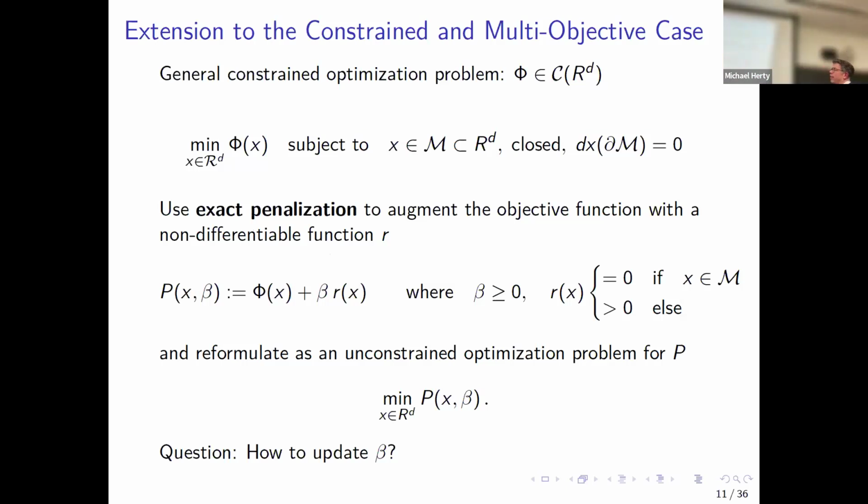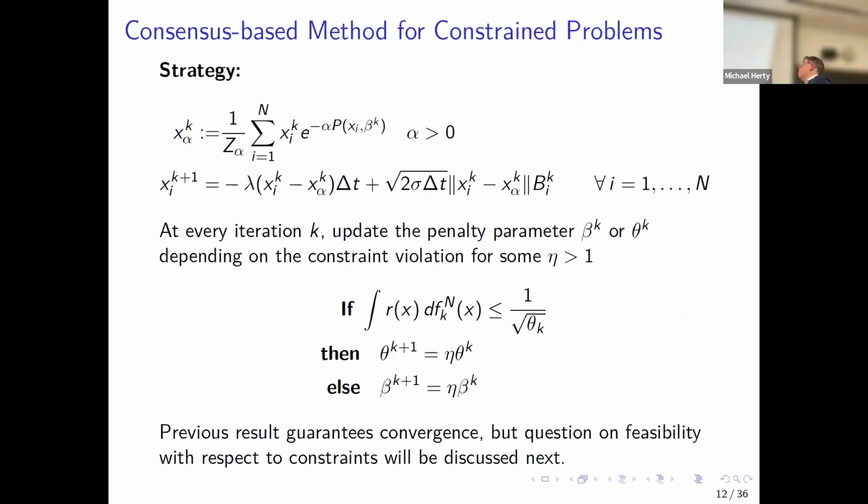So you know that there's a finite value, but you cannot compute it because you don't know the minimum. So the big question here is not that we do the penalization, but how do you now do a method which not only updates the particle position, but maybe also in a reasonable way this penalty parameter. You know that it will be finite eventually, but you don't know how large it is. And so we propose, and we can prove that this converges to the constraint minimizer in the mean field setting,